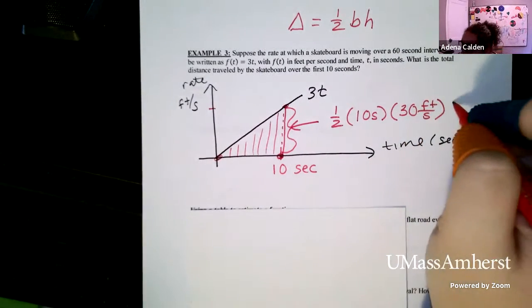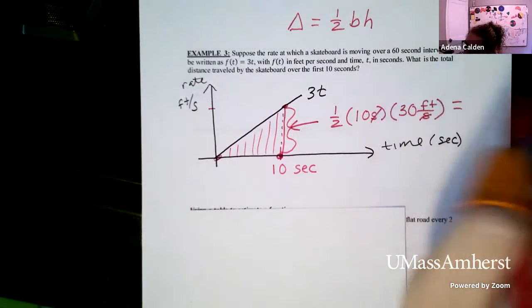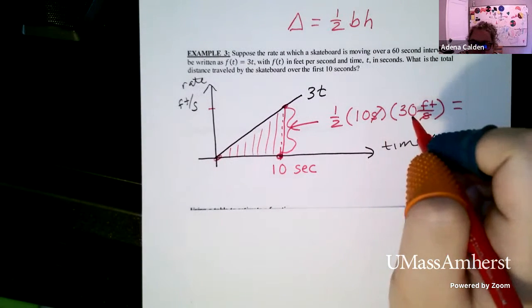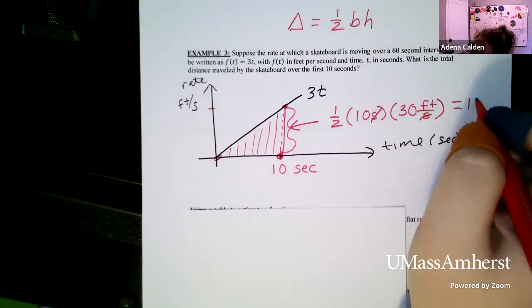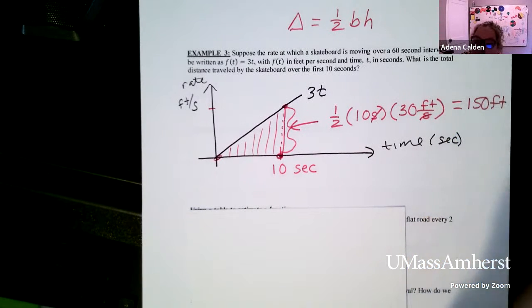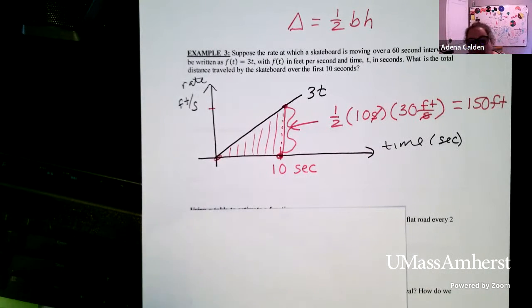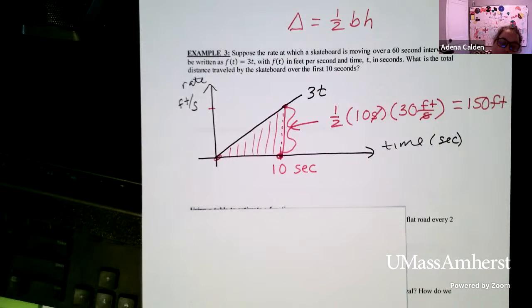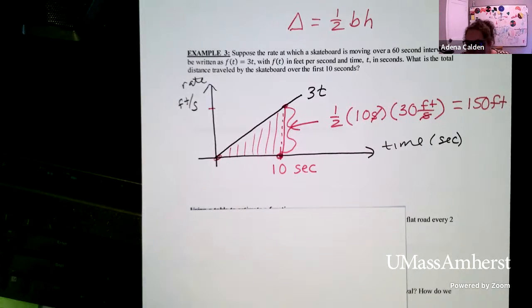So if we multiply all those numbers together, we see that the units of seconds cancel. 10 times 30 is 300. We want half of that. We get that this skateboard traveled 150 feet. So we're able to use the graph here to determine the distance traveled when we weren't able to do it algebraically. Now, if your function is a constant, like we saw in the first two examples, or if your function is linear, like we see in this example, we can rely exclusively on areas that we know from geometry,